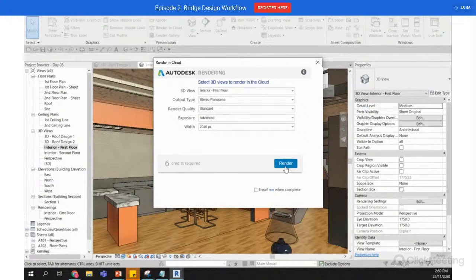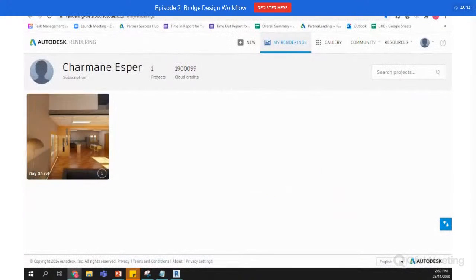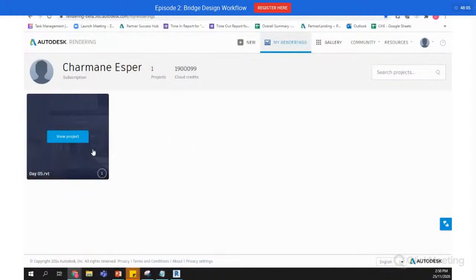So I already rendered it earlier, and what I will show you next is the output. Okay, so what this platform will give you is something like this one. By the way, you can access all your submitted projects in this site. So if you forget this or you forget to bookmark this one, you just type my renderings, my gallery, Autodesk rendering, AutoCAD rendering. Okay, and this will appear. So you have to sign in using your Autodesk account, and all the projects which you uploaded to the cloud will be shown here. So I will click this project,